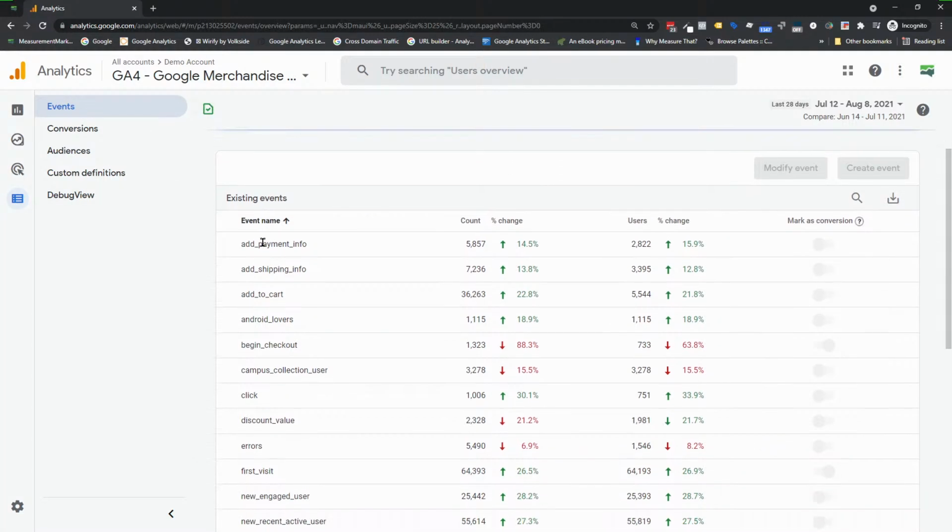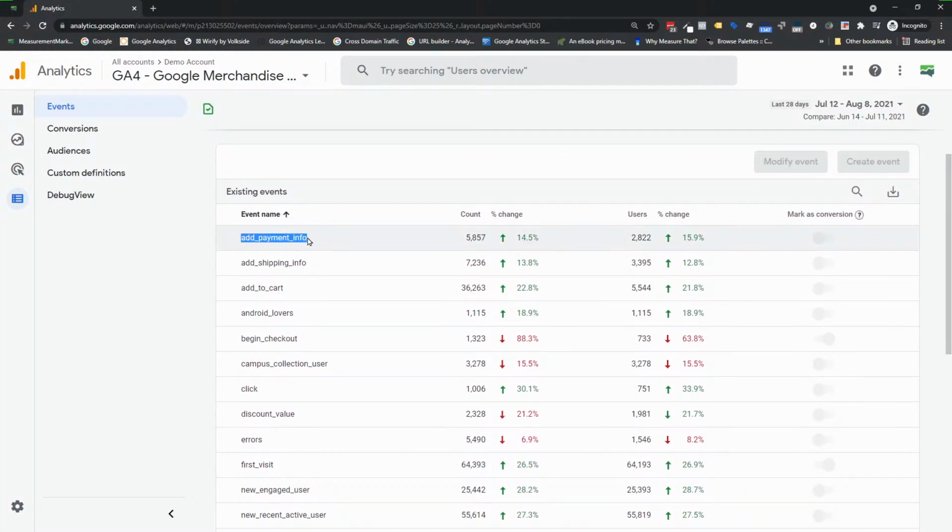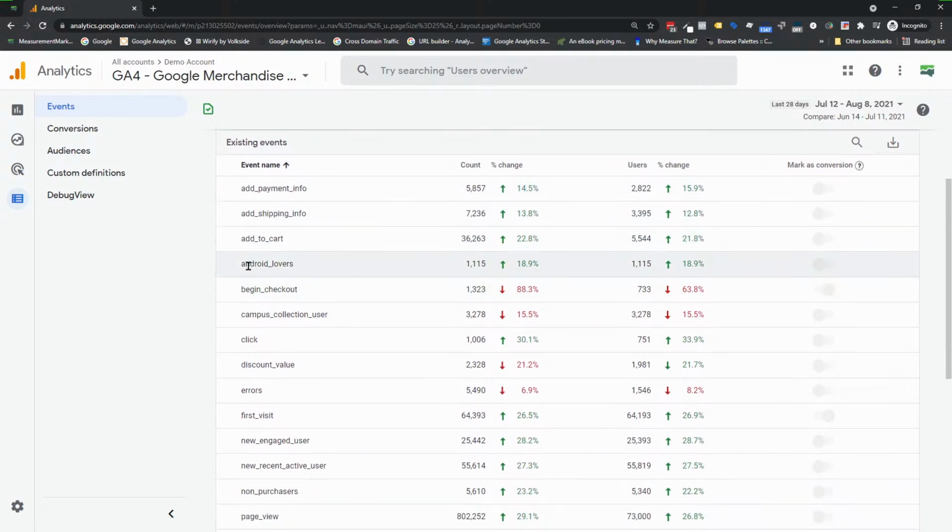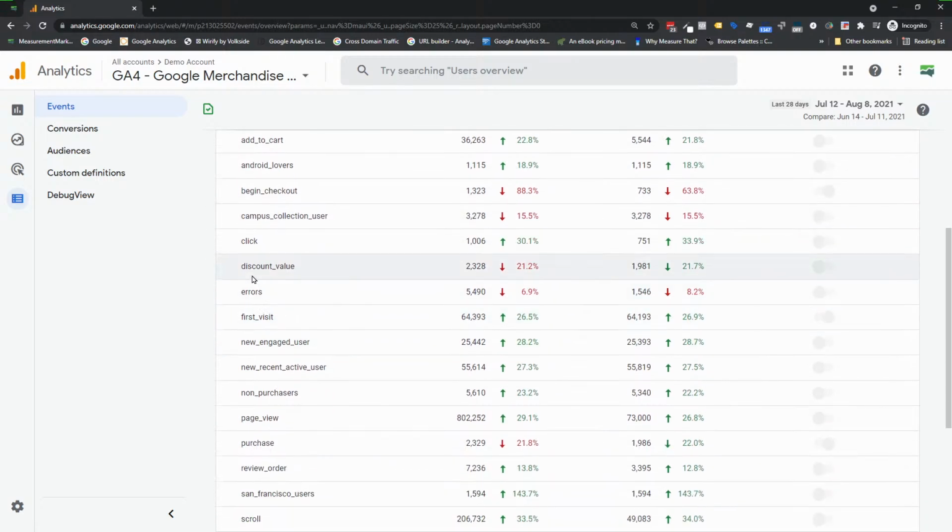Here you see every single event that is coming through. You see all the event names. There's add payment info, add shipping info, add to cart, somebody was an Android lover, somebody started checkout, right? Here's the campus collection user. There was a click, these different events. So this is